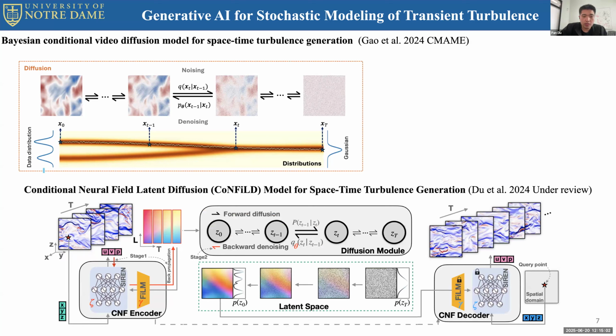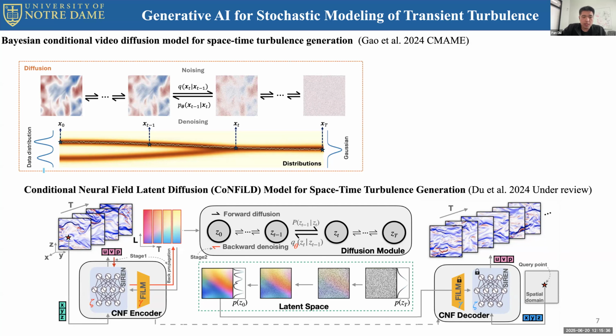And in this architecture, we use the conditional neural field as the encoder. A very big advantage of this conditional neural field technology is that it implicitly represents the turbulence flow field using a neural network. And because of that, it can support irregular domain and unstructured mesh. And also, it typically has a larger compression ratio when compared to conventional dimension reduction tools such as PODs or